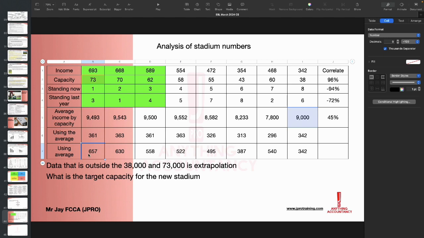All right? This is the potential income. So this is the forecast income you can do for the company. They ask you to forecast the income. This is the way you should have forecasted. So remember, if they build a stadium of about 70,000, you should expect an income of 630,000 to 657,000. If they are not doing that, remember the highest they can earn is 693. They cannot forecast, oh okay, we build 73,000, we expect 850 million income. If they say that, you're going to question it. So just remember,